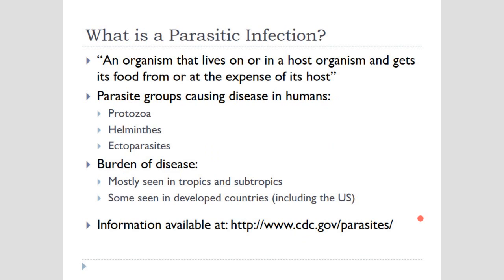Now, by definition, as the word suggests, a parasite is an organism that lives on or in a host organism and gets its food from or at the expense of its host. Pretty much the same concept as we talk about even in common English language as well. So human beings can be a parasite on others. The word as such means that you basically take advantage of your host and thrive on the food supplied by the host. Not that you need it, but that's the way the system works.